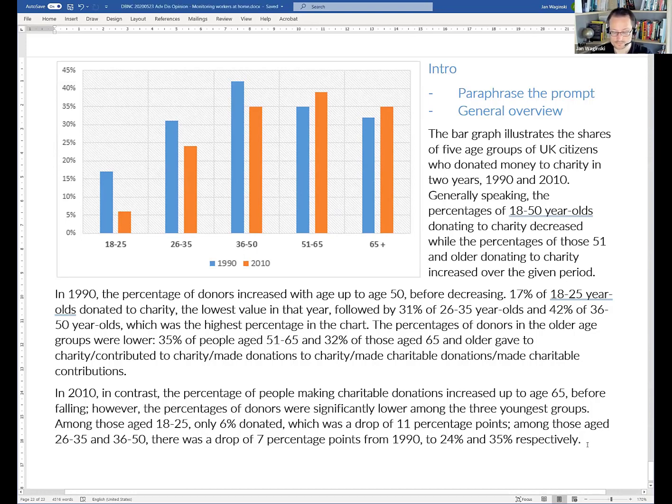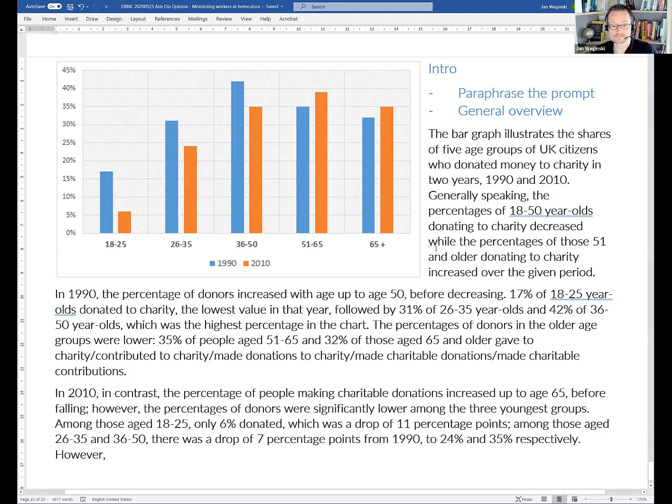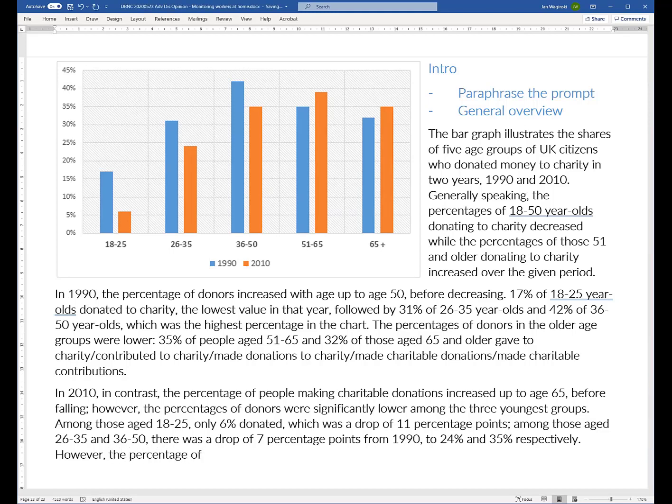However, and however, again, what should I put now? Now we've got just the last two groups left. From 51 till 65. Okay. However, the percentage of donors